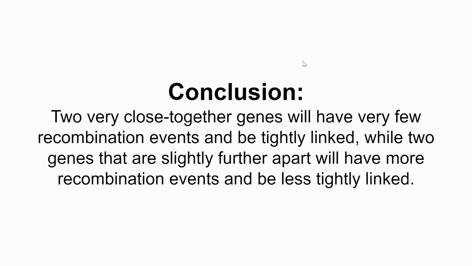Finally, our conclusion is that when two genes are very close together on the same chromosome, the crossing over or recombination event would be very low between them. Therefore, they will always be transferred into the gametes together. If they're far apart from each other, there's a higher chance of them getting recombined. So if they're far away, chances of them recombining with their alleles are high.